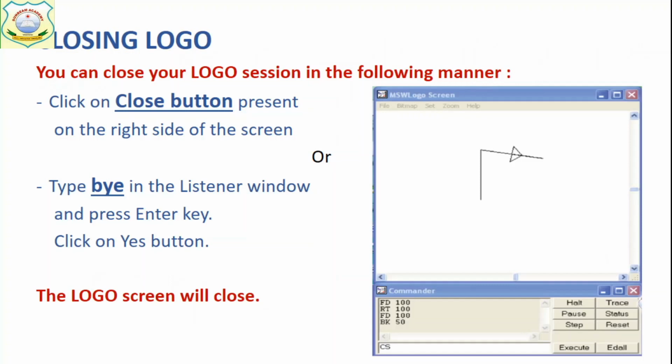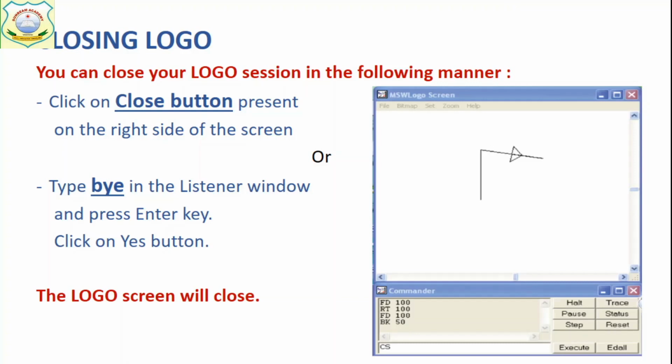Now you know how to open the logo. Now how to close the logo. One way is very simple and one is very tricky. The simple one is, you have seen this close button at the right side, the red one, the cross is visible here. So this close button, just click on it and it will close the logo screen. Got it?